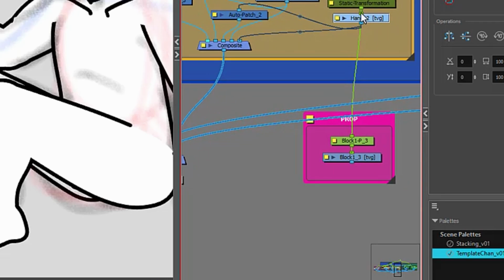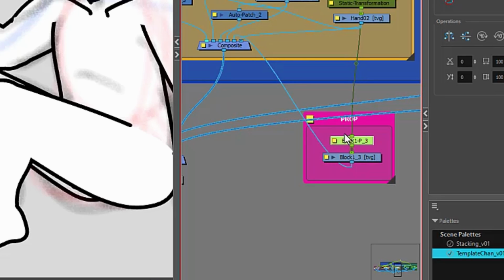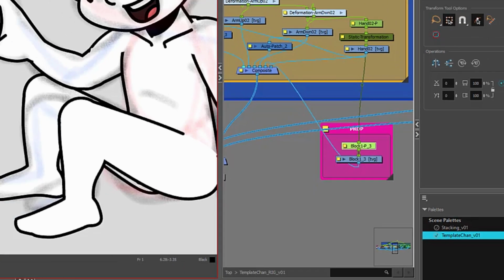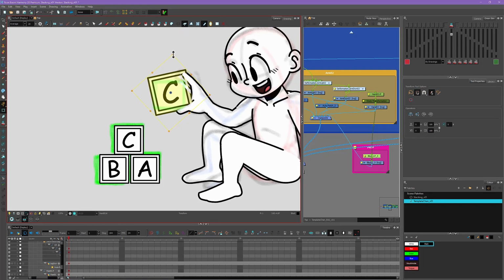And then block number 4, I want to be on top of this hand layer, right? So I'm going to drag from the bottom of my block drawing layer and put it on top or to the left of my hand layer, just like that. And it'll need reposition, so I'll just select the peg here, use my transform tool, move it into place. It's interfering with the auto patch node, so I need to make sure it's above the auto patch node here, just like that. And it's a little bit big, so resize it down.